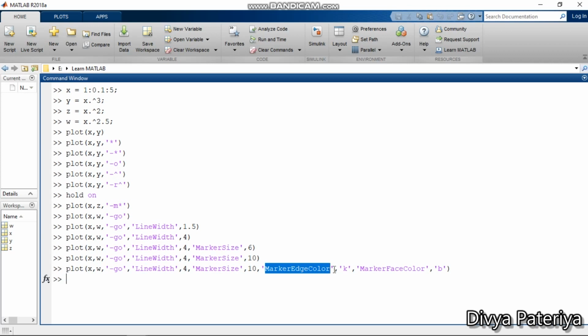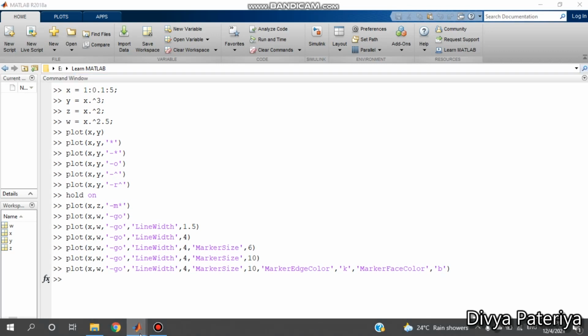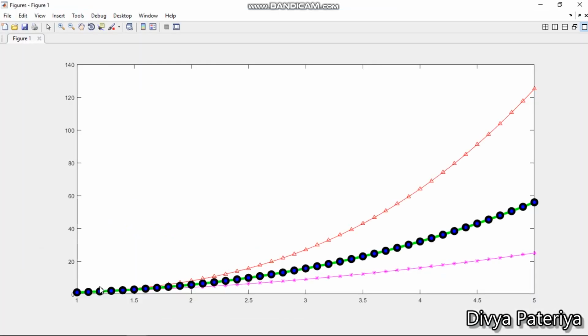Marker edge color, that means the boundary of O, the circumference of O should have the color K. K is the notation for black color, and marker face color, that means the filling inside O, should have which color? B I have written for blue, not black. Black has the symbol K. So when I write this whole command, it is going to give me an X and W plot of this kind.